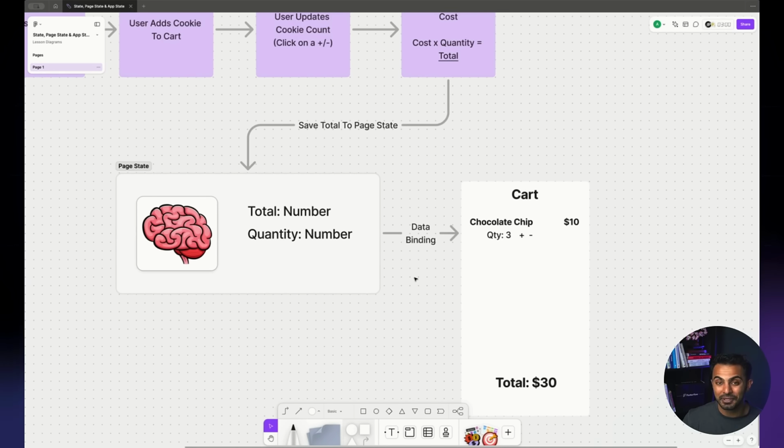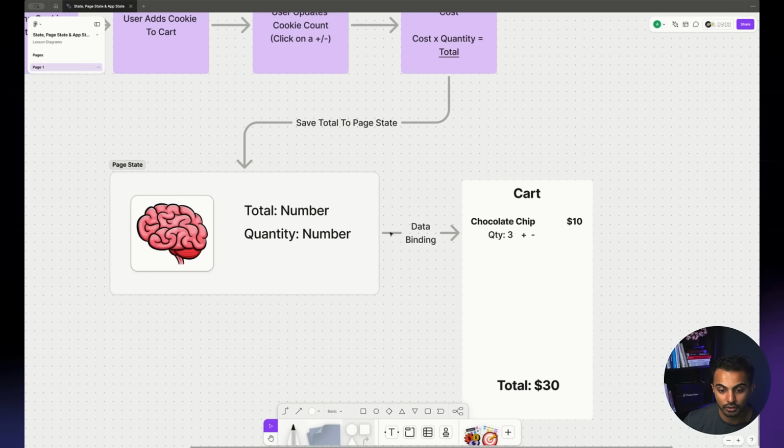Taking data, manipulating it in state or memory or a database, and then showing it on the page, that's the root of application development. And once you conquer that, you'll know everything here. So data binding is the concept of taking a piece of data and mapping it or putting it on a page and having it update.